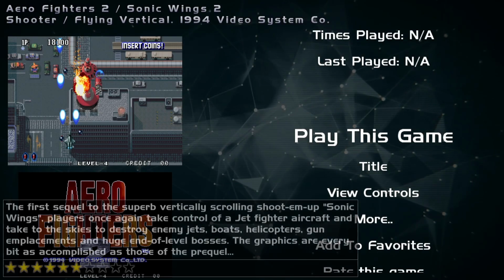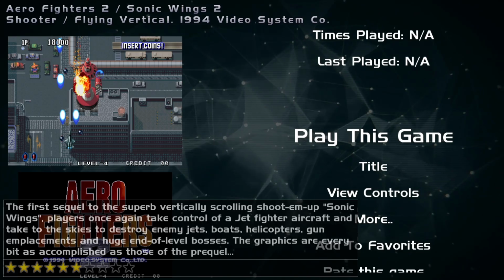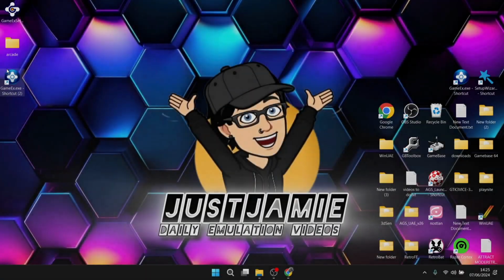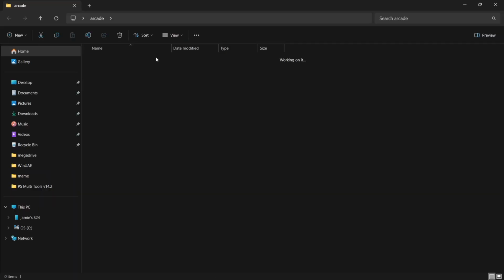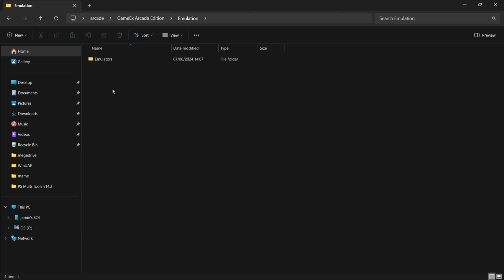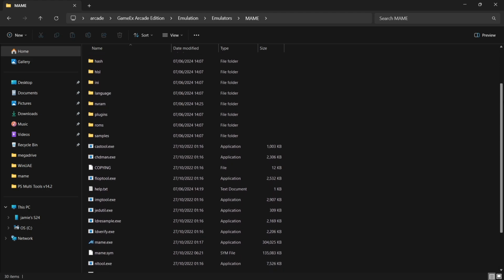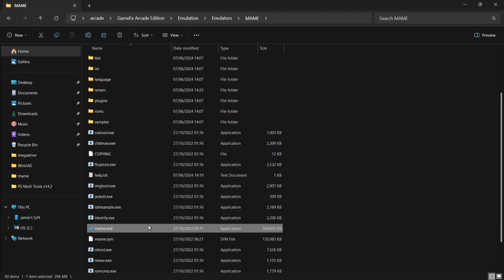okay, so the game's booting just fine. What we need to do is actually set up the controls for this so things are going to work. If I just exit, what I need to do is go back into the arcades folder, and I need to open up MAME outside of GameEx. Remember, GameEx is just there to make things look nice, but all our configurations are literally going to go inside the emulator itself. So into the emulation folder, emulators, MAME. And if we open up MAME, which is mame.exe,